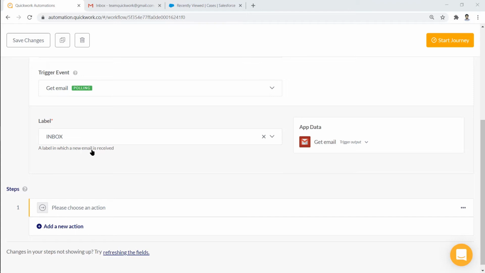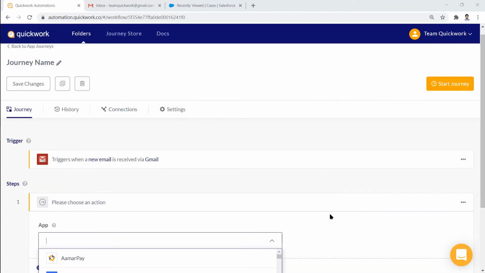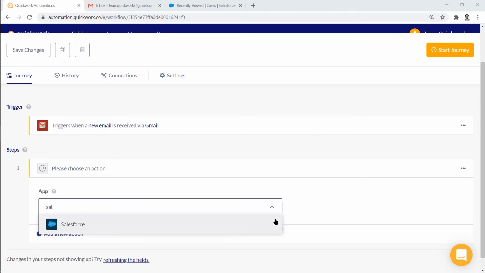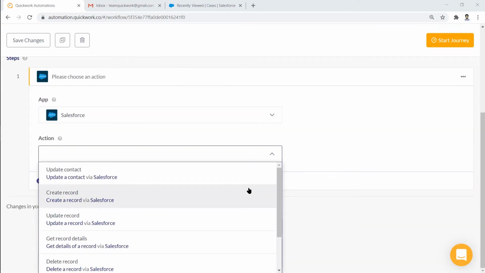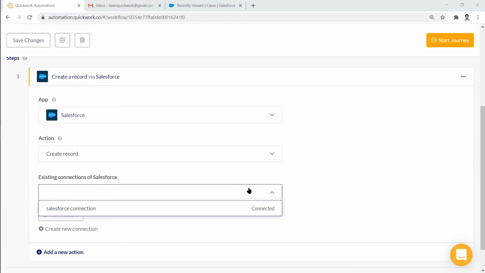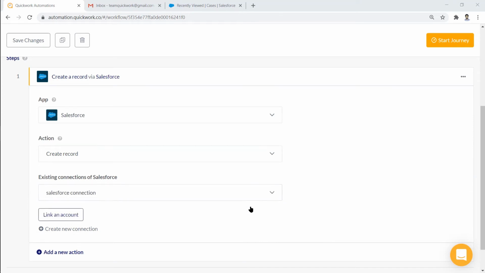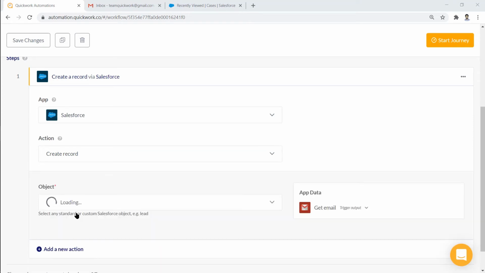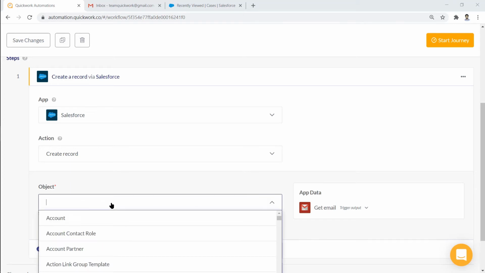Now, in steps, we have to create a new case in Salesforce. For that, select Salesforce, choose Create Record as Action, select an existing connection and click on Link an Account. Next, please choose Case as an object,